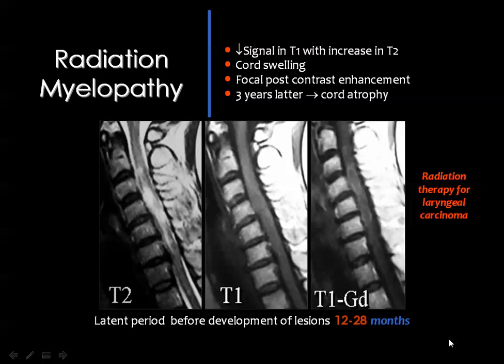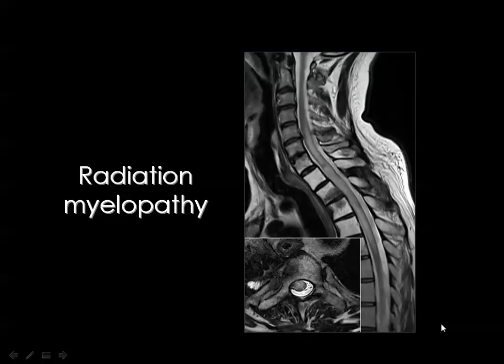Then the changes are in the form of decreased signal in the T1, increased signal in the T2, a slightly swollen cord, and there may be foci of contrast enhancement, as you can see here. And later on, the cord will develop some atrophic changes. This is also radiation myelopathy, and you can see that the spinal cord is slightly swollen. It shows a long segment of diffuse parenchymal increased signal intensity, and you can easily predict that this is the